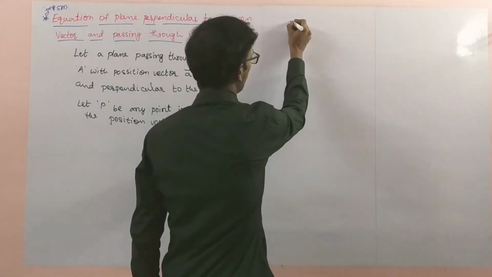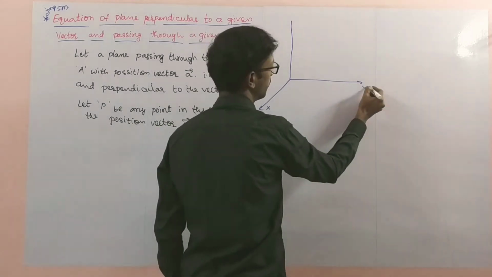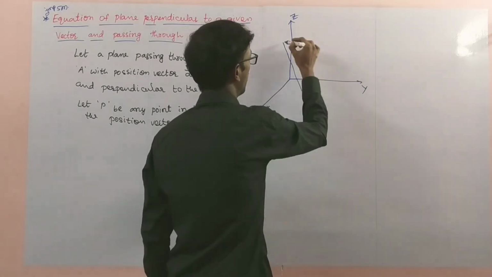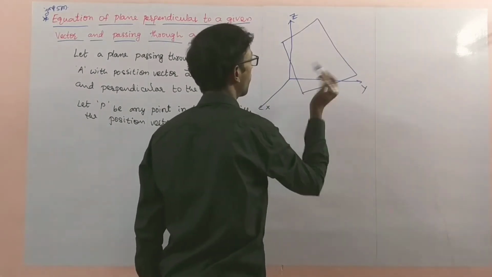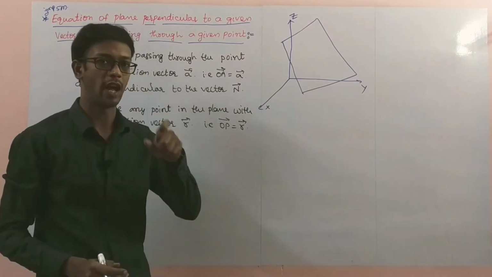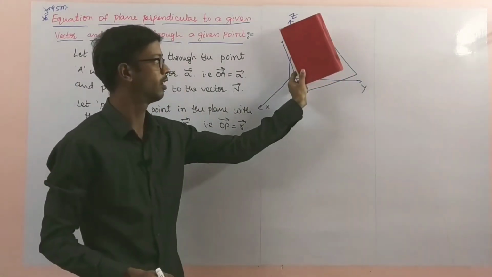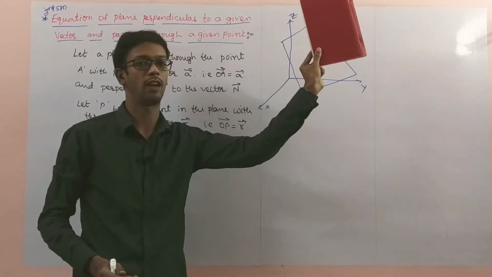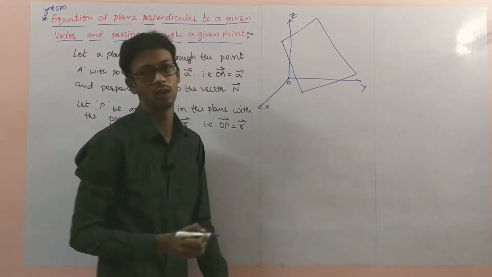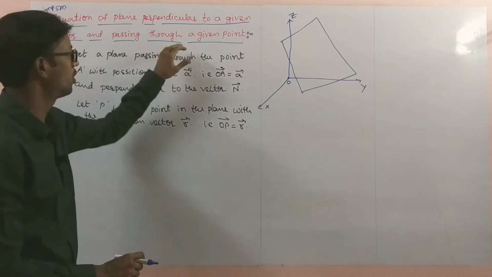So first of all, you draw the x-axis, y-axis, and z-axis. If we are taking one plane in a space, this is the plane. Plane is nothing but a two-dimensional space. The example I shown here is outside of the board, so you have to imagine that one. And this is the center, the origin, O.